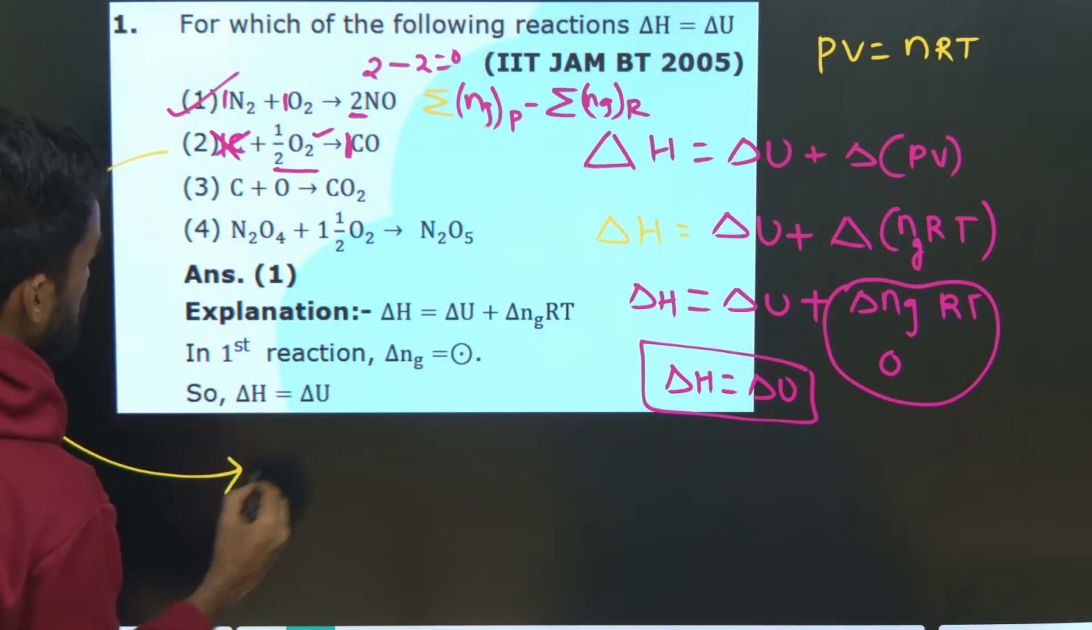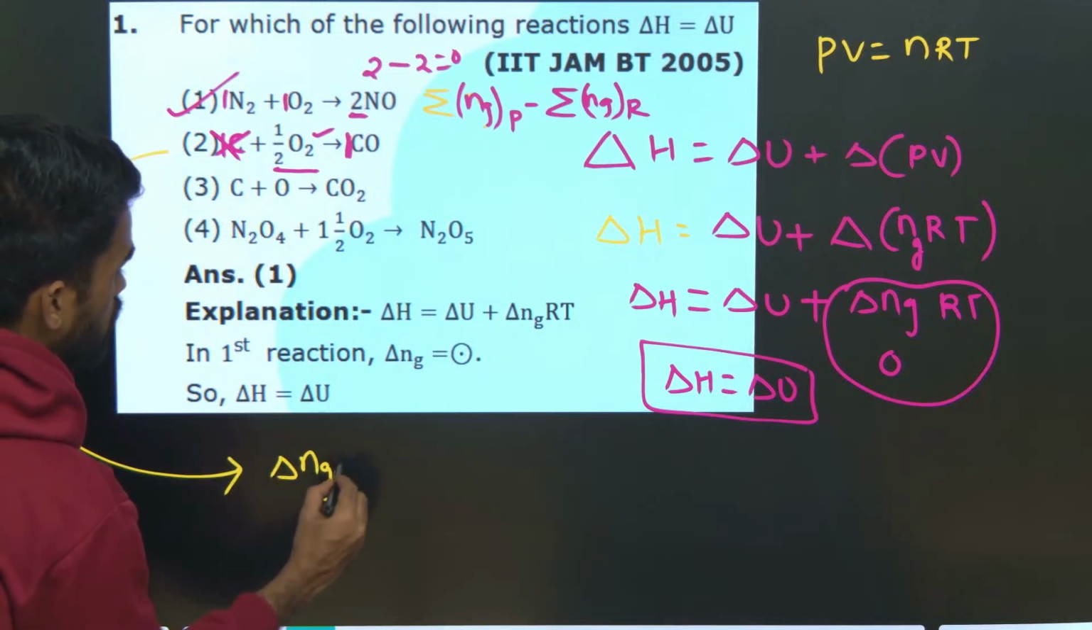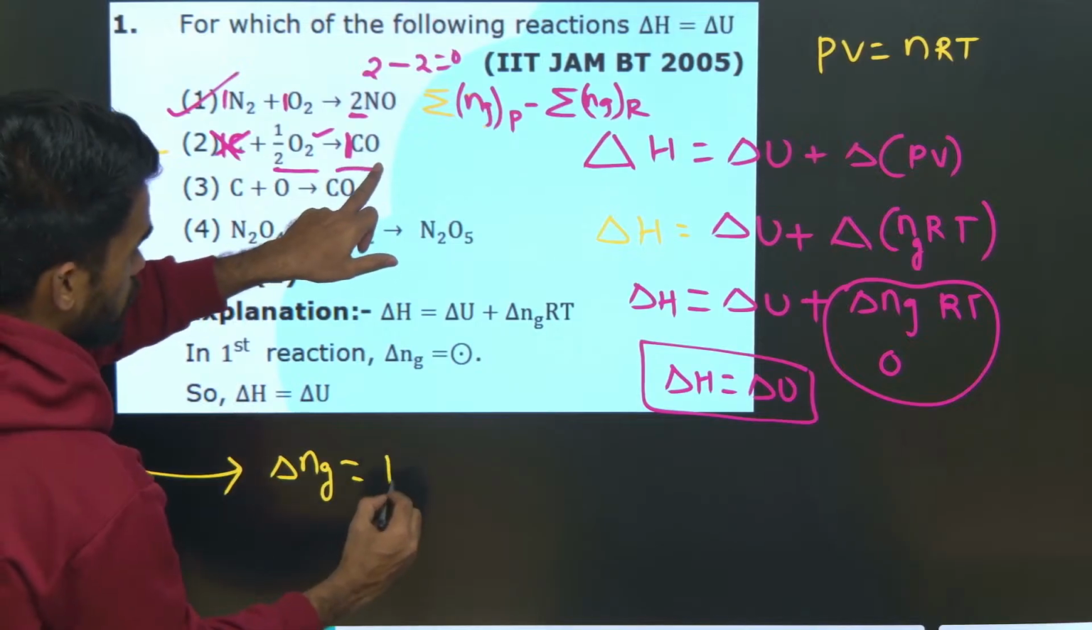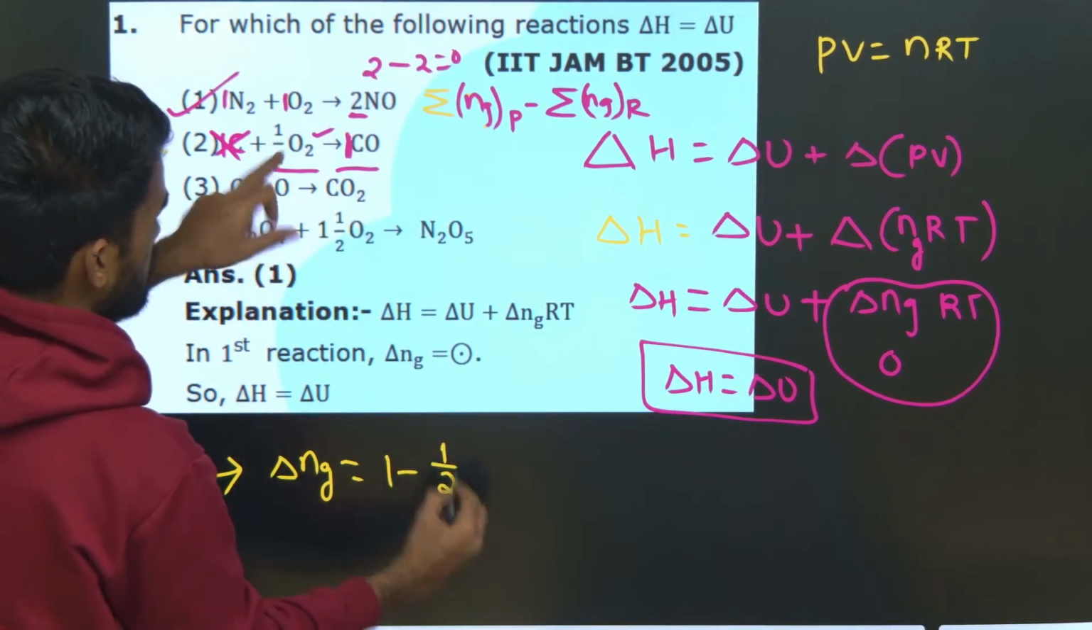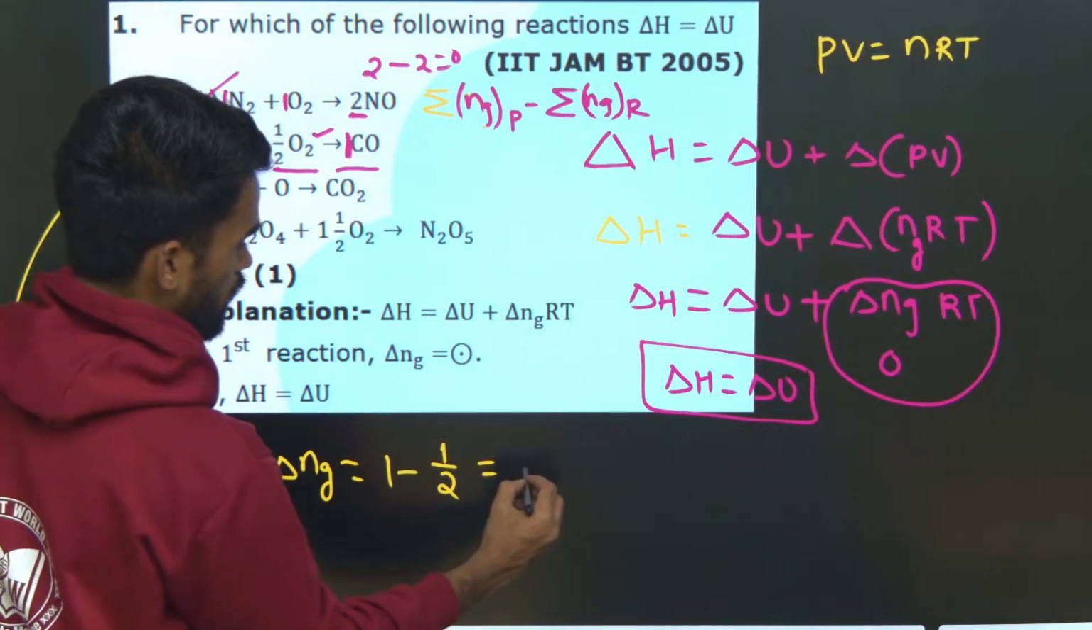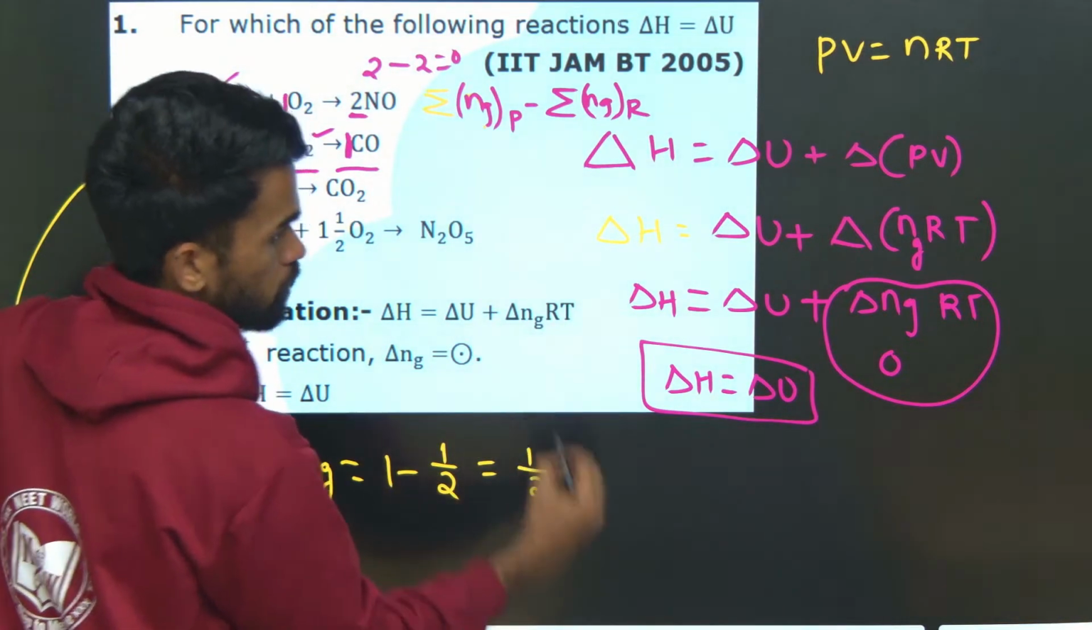So you can take this delta n_g for the second reaction. The gaseous products are 1 and the gaseous reactants are 1/2. It means simply you can write delta n_g is 1 by 2. Okay, therefore